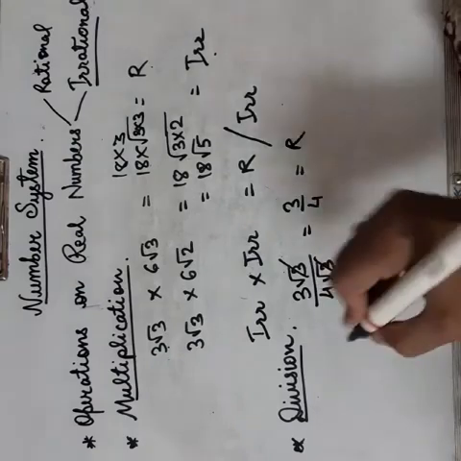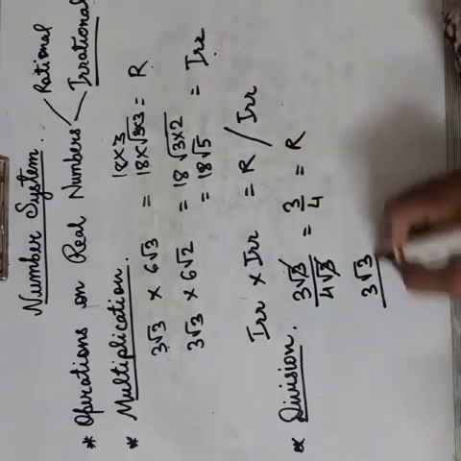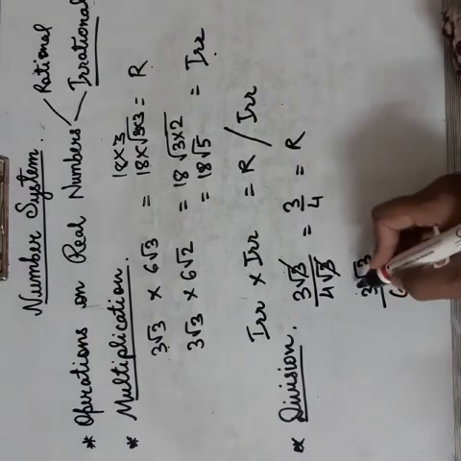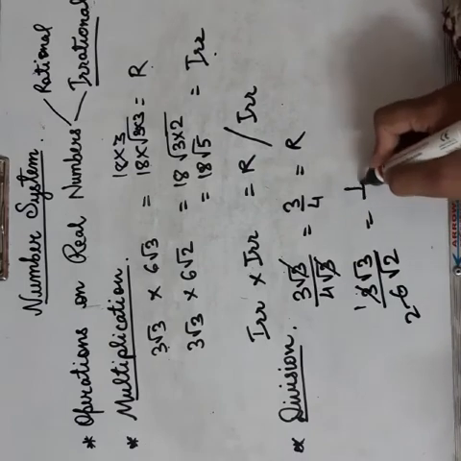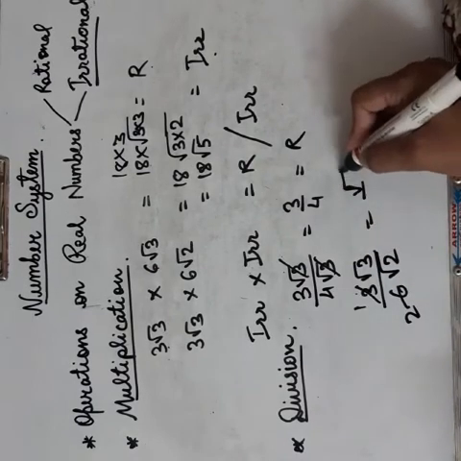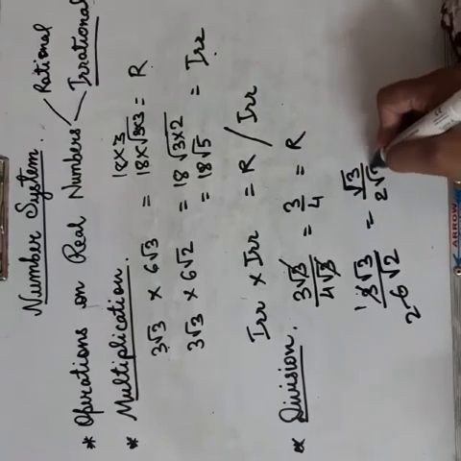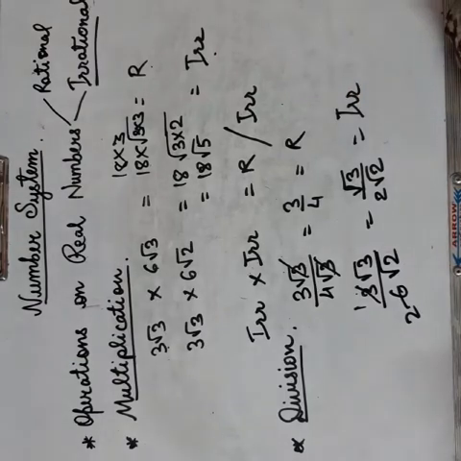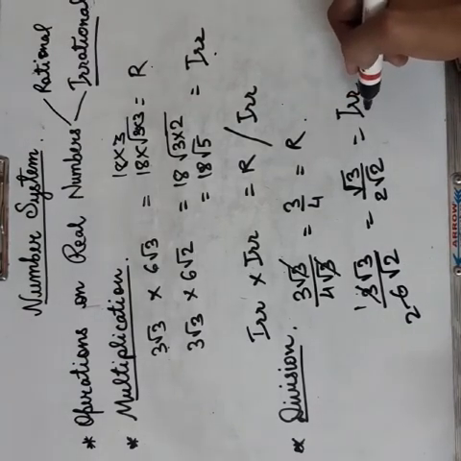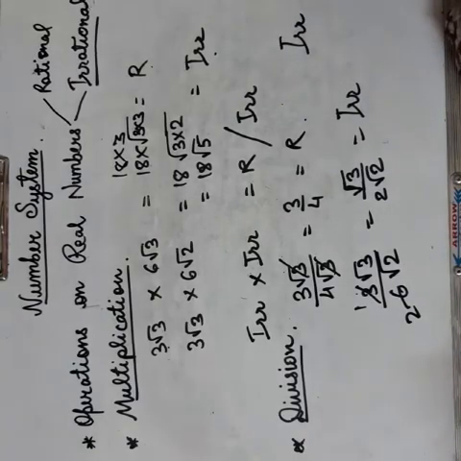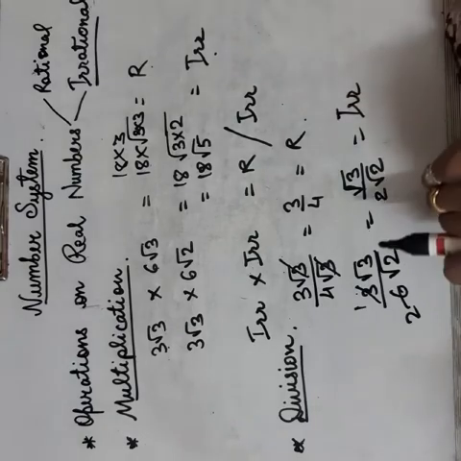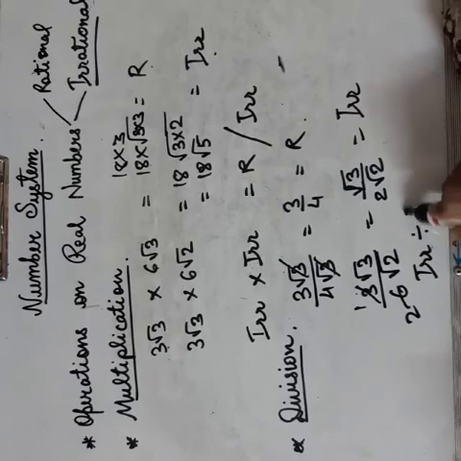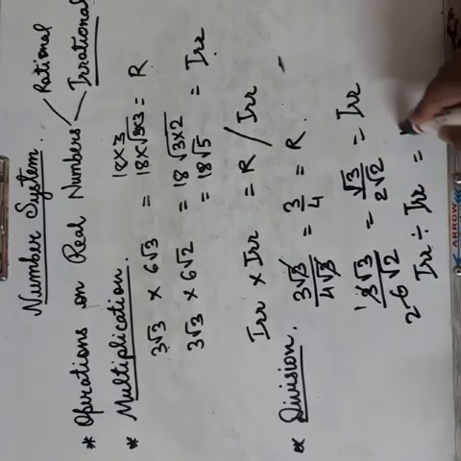And suppose if we take 3 root 3 and 6 root 2, so 3 1s are 3, 3 2s are 6, so it is 1 by 1 into root 3 is root 3 and 2 into root 2. So this is an irrational number. So again for division also you may get rational or irrational number. So when you are dividing, here I will write, when you are dividing two irrational numbers, the answer may be rational or